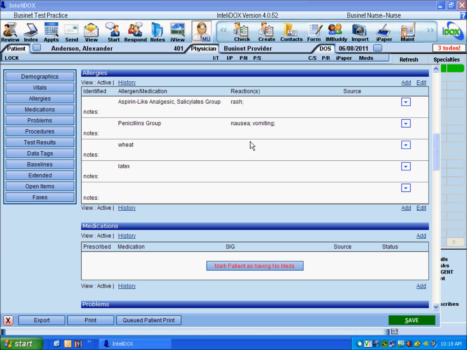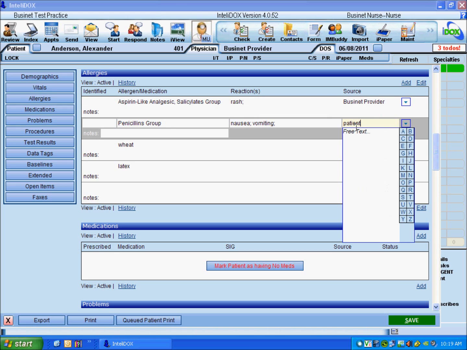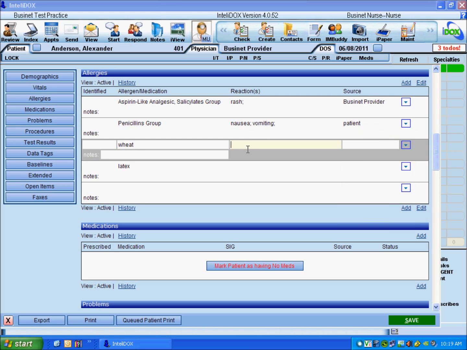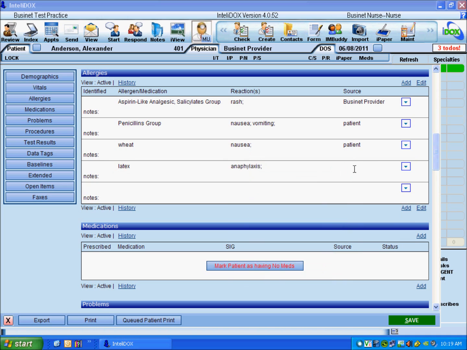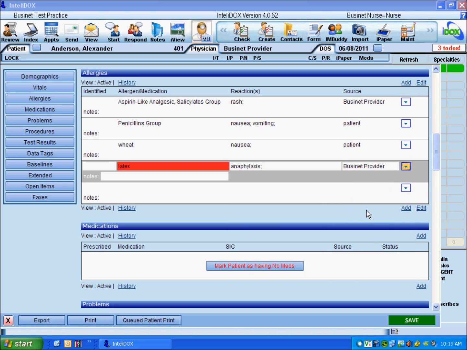The Source field is typically used to indicate which of your practice's providers identified the allergen, but if the information was provided by the patient's parent, or someone other than a provider, you can type that information here. The down arrow beside the Source field can be used to indicate whether the allergy is severe, mild, moderate, or unspecified. It can also be used to deactivate an allergy that no longer exists or was added to the list